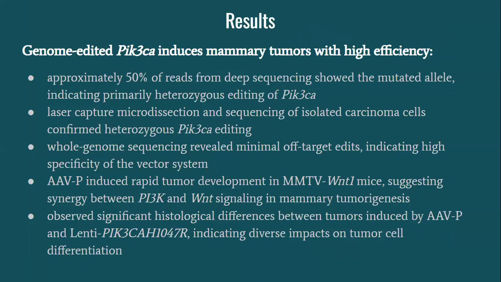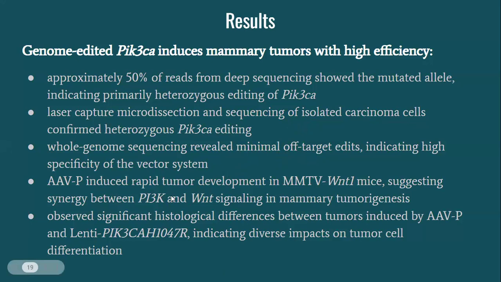Then genome-edited PIK3CA induces mammary tumors with high efficiency. Approximately 50% of the reads from deep sequencing showed the mutated allele, indicating primarily heterozygous editing of PIK3CA. Then the laser capture microdissection and sequencing of isolated carcinoma confirms the heterozygous PIK3CA editing. Then the whole genome sequencing revealed, so here they're talking about the different types of methods and the purpose of each. So the whole genome sequencing revealed minimal off-target edits, which indicated high specificity of the vector